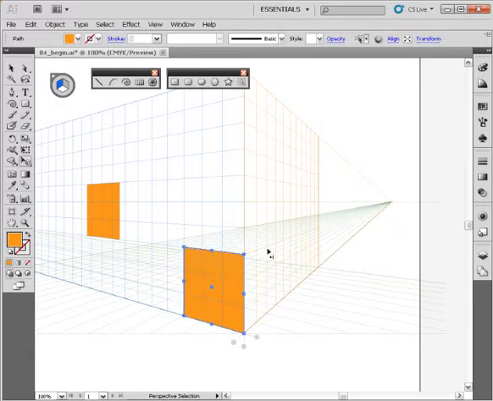Let me undo that here, and let's hold down Alt and the keyboard shortcut 5. The keyboard shortcut 5 is the number right along the top of your keyboard. So I'm going to hold that down, and let's create a copy of this object, just like so. Now, we've created our copy, but the only thing that we really lack in using that keyboard shortcut is we can't add Shift to that to constrain it to the grid lines we've established. So let's move that just a little bit closer here,